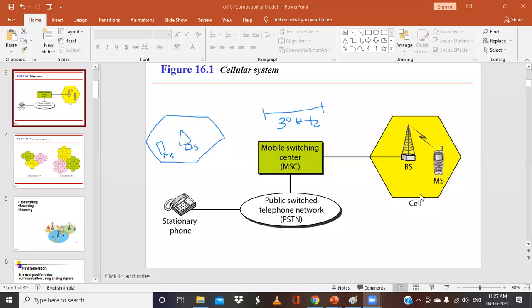So we need to write about what a cell is. A cell is a geographical area or region that will be represented in a hexagon fashion, and each cell will consist of n number of mobile stations. In this particular diagram, they have shown only one, but there can be n number of mobile stations, like a moving object. And to that, there can be one BS, the base station, which consists of an antenna and is controlled by the AC power systems, so that the signals can be transmitted to the mobile switching center. This base station will be controlled by the mobile switching center, and that will be controlled by the PSTN.